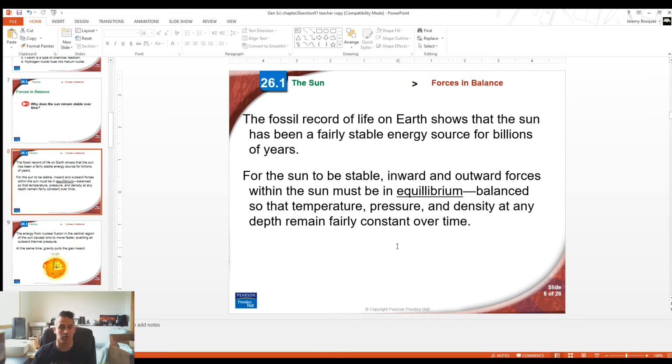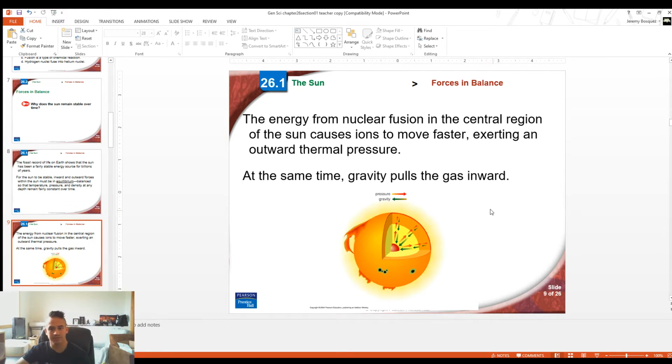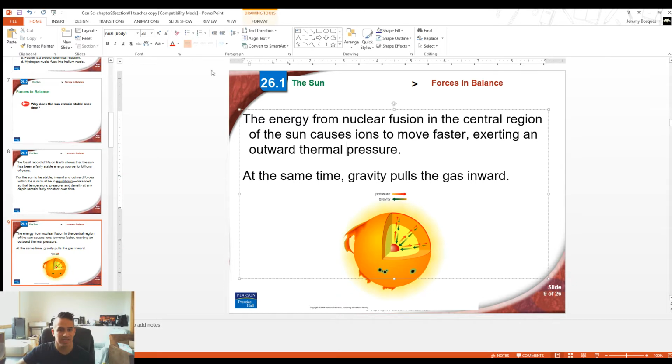Eventually the sun will run out of fuel, and gravity will win and it will crush it down, but for now, it's stable. So the energy from nuclear fusion in the sun pushes outward. We call this thermal pressure. The word thermal means heat. So it's essentially like heat pressure, right? The pressure of